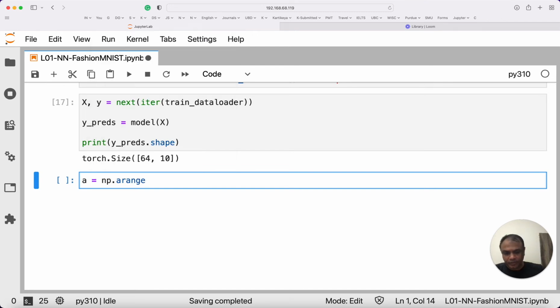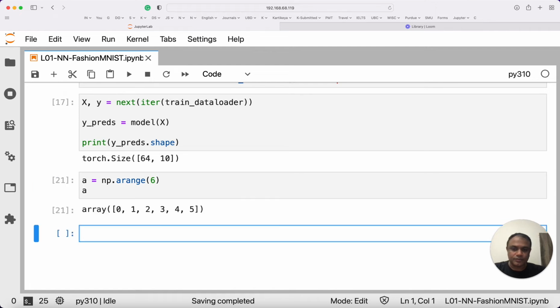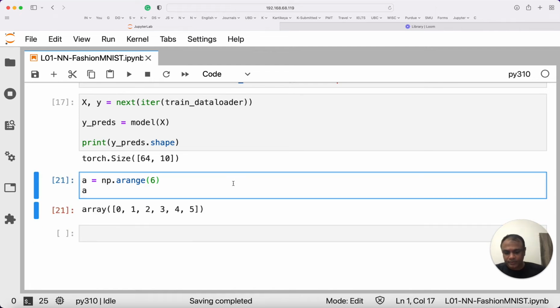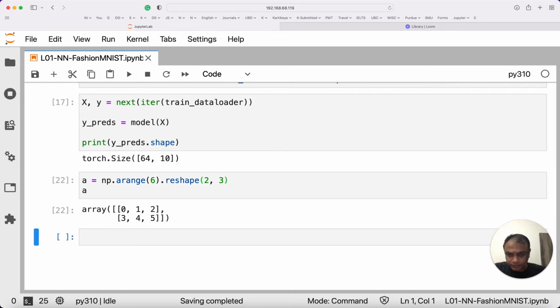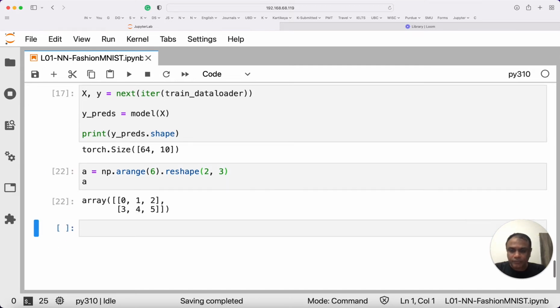Yes. And this is the arange, which means a number from 0 to 5. What we can do is create a reshape, and let's put it into 2 by 3. So now it is a matrix of 2 by 3. From this one we want to find out which, this is a matrix, so you can assume that